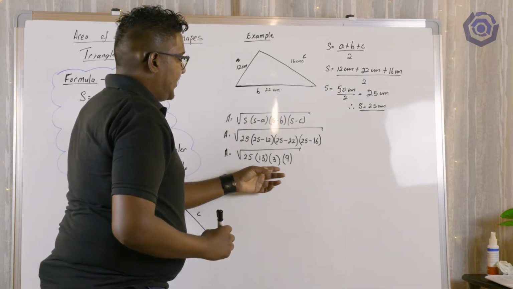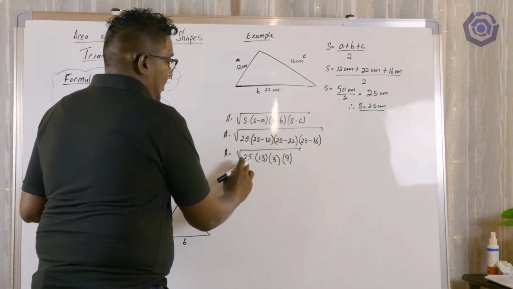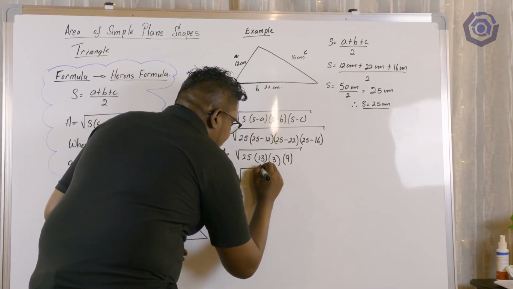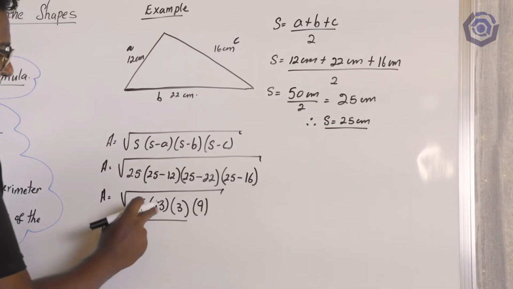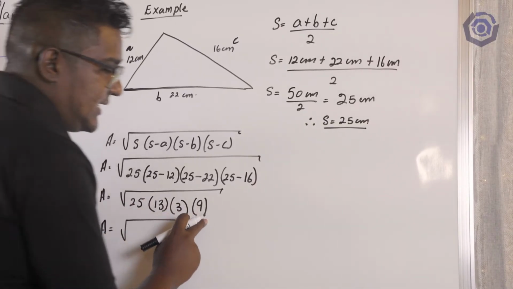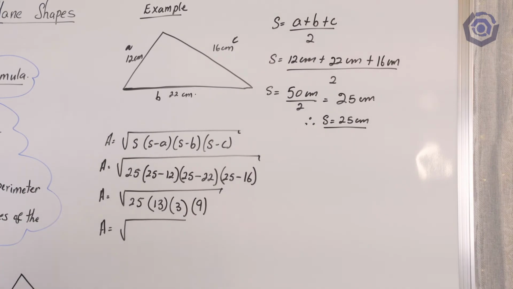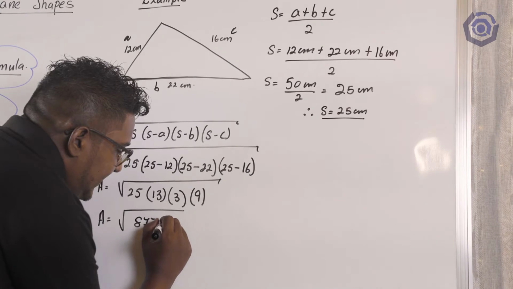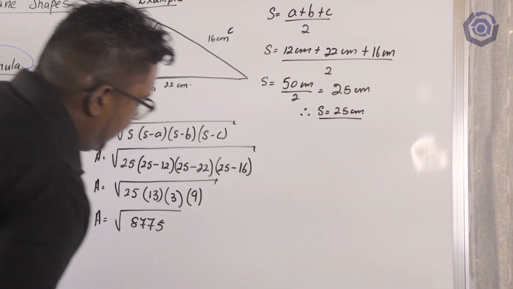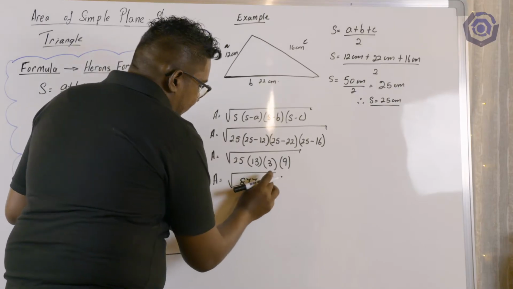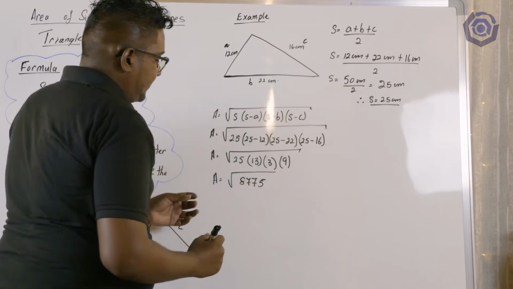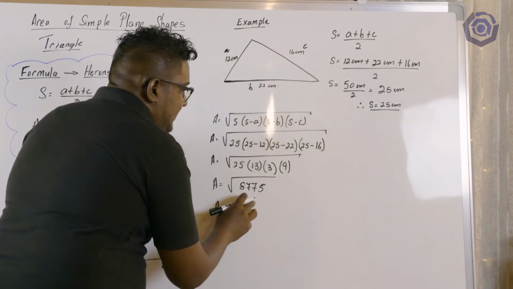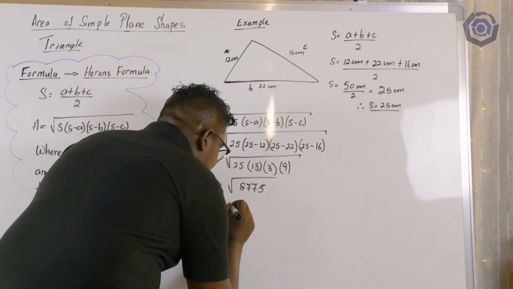Now, under this square root, the bracket means to multiply, so all the numbers here, we have to multiply them. So the area is equal to the square root of 25 times 13 times 3 times 9, and when you multiply them, that's going to give me 8,775. So when you have 8,775, to find our final answer, we square root 8,775, and that's going to give me